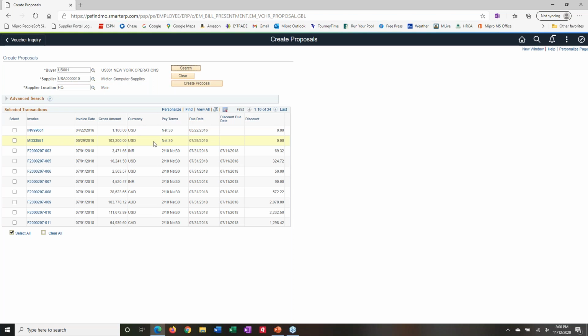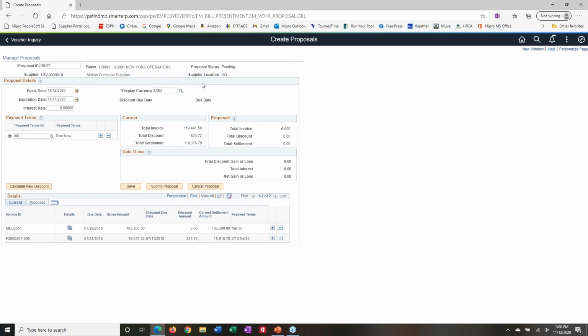But as I look at these, I've got $100,000 with net 30 terms. And I've got some other transactions that have 2% discount associated with them. But I can go through these open transactions and select what I might want to include within my proposal. At the bank, maybe we can get 0.5% of interest over a period, or 2%, or whatever the number is. I can enter that here, and so the system is showing me what is current for these transactions that I've selected. Where do we stand currently? So a total of $119,000. We've got a $300